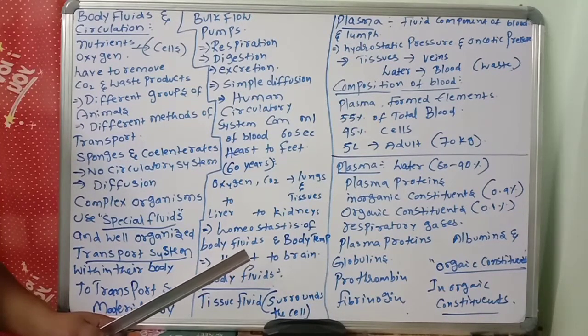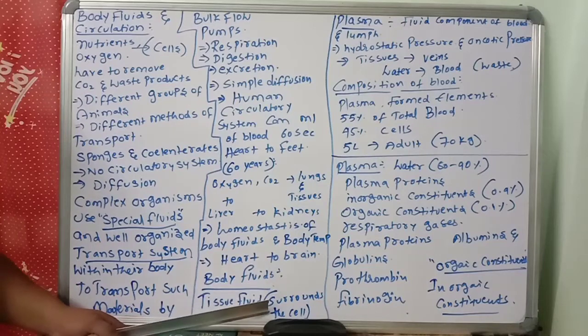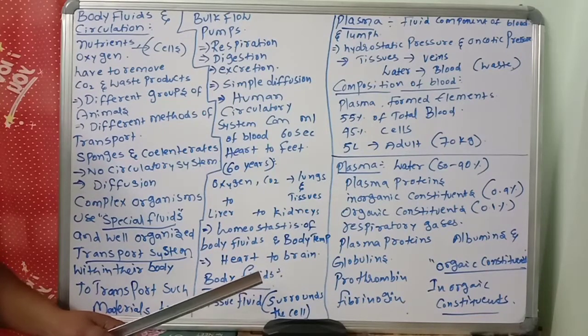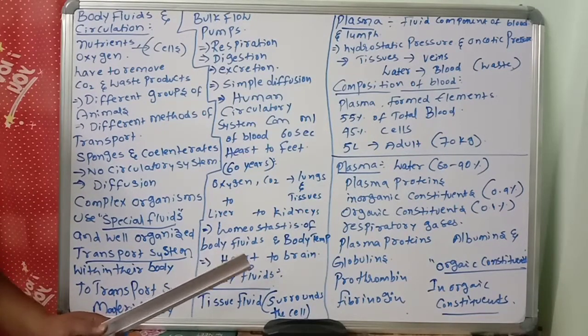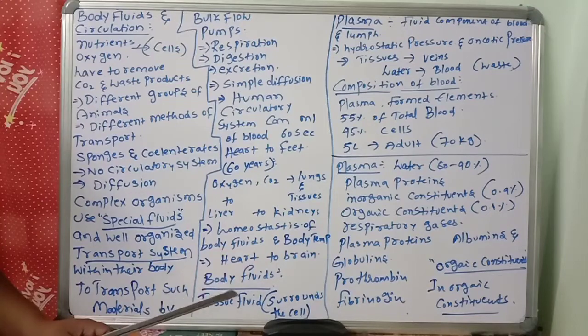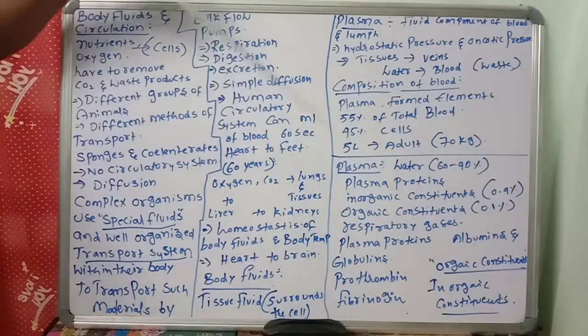So next, another important one: fainting. In fainting, signals from the nervous system cause a sudden decrease in blood pressure. What is the reason for fainting? A sudden decrease of blood pressure leads to fainting. So all these things we will discuss, and some problems related to the circulatory system we will also discuss in this chapter. So, coming to our body fluids.